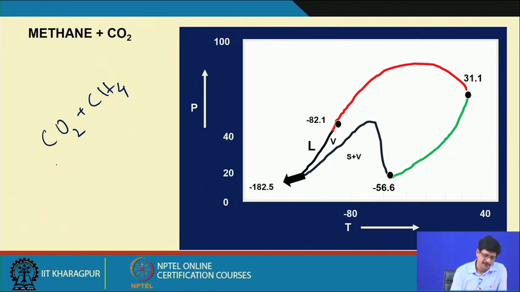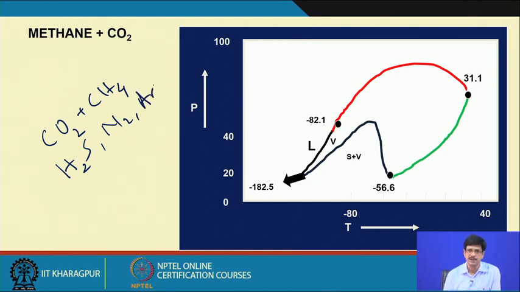One can also have situations where there could be some amount of H2S, sulfurous species, nitrogen, or argon. These are the kinds of gaseous species which are detected by analytical equipment, and sometimes can also be studied by the phase behavior in fluid microthermometric experiments. This is one small example that I am showing here.